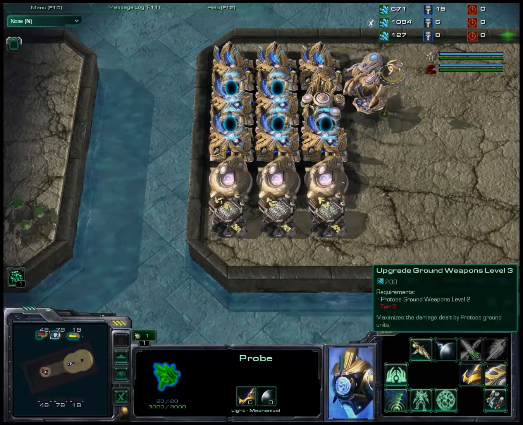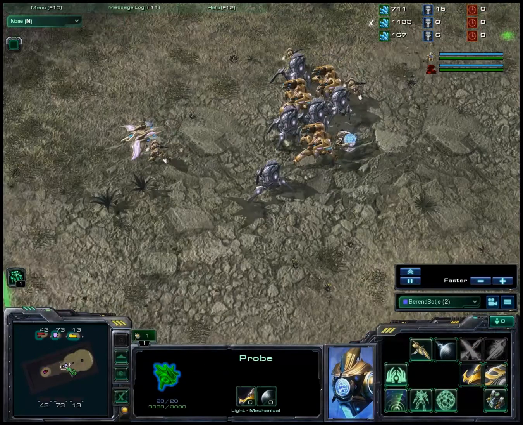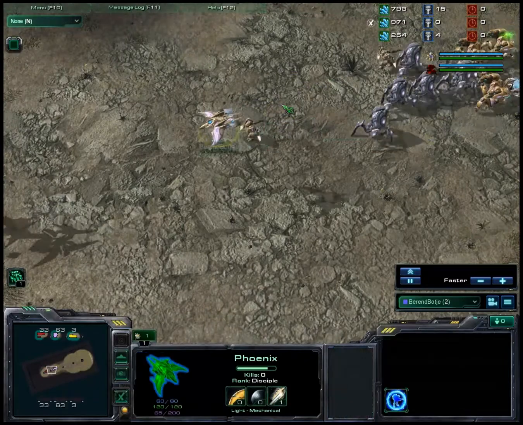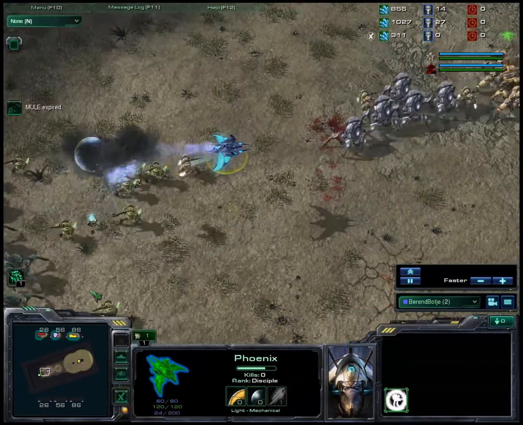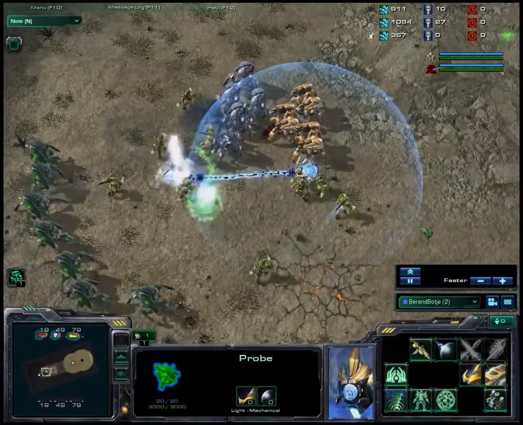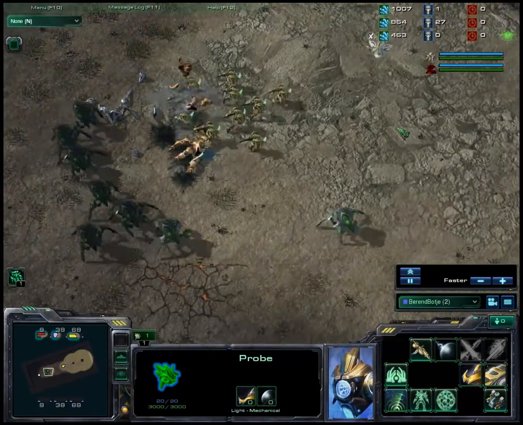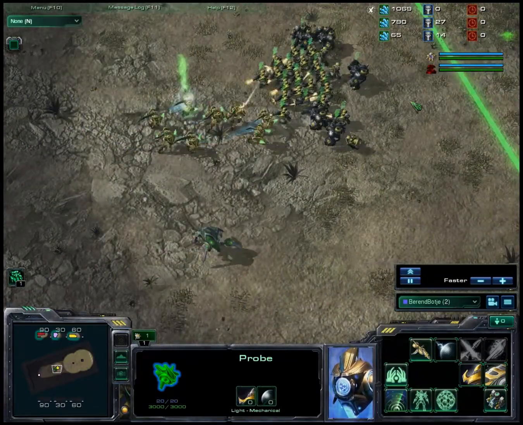So I have the weapons level 2 and armor level still at 0, because armor really isn't that important in this game. Of course it's nice to have in the end. By the way, I'm also upgrading the air units, because I am going air, but the problem here is that if you build air, then the enemy can build air against that, and I wanted to make sure that that didn't happen. So what I'm doing here is saving up money so that I can build like 6 or so phoenixes